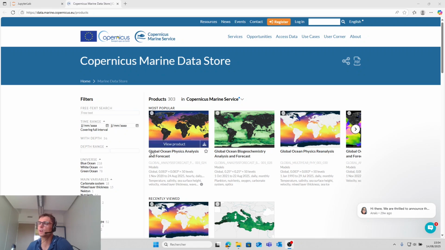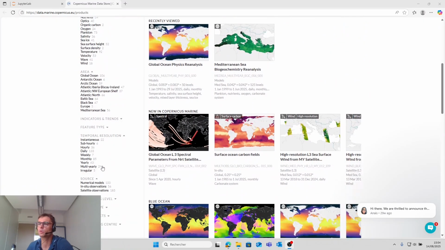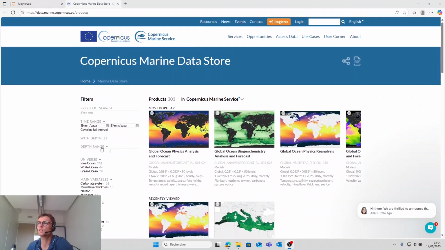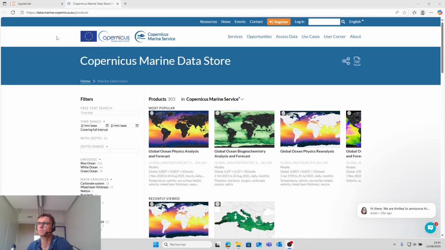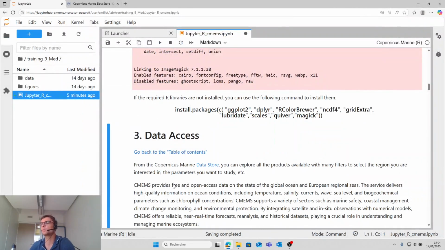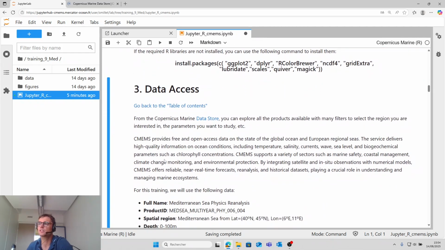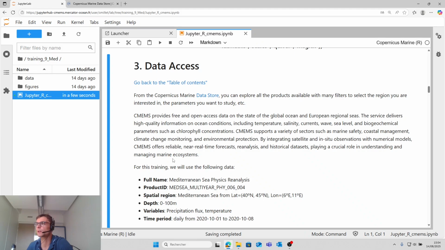There are many variables and you can explore all the products if you want, and select the main variable that you want, or area, etc. CMEMS provides free and open access data on the global ocean and European region, and you have nowcast data or near real-time forecast for understanding and managing marine ecosystems.